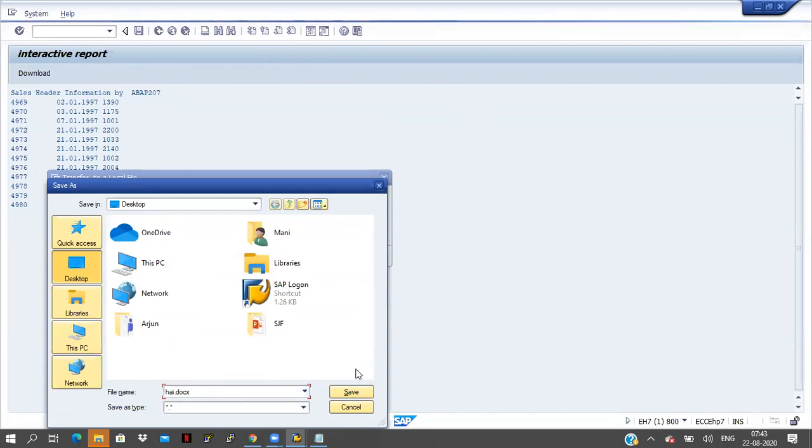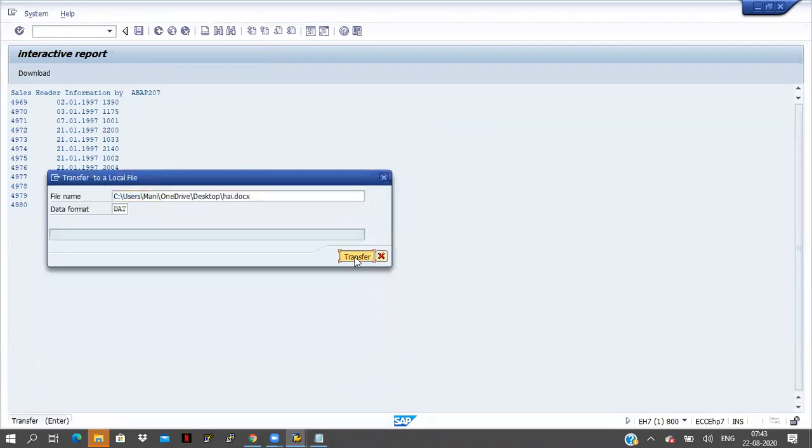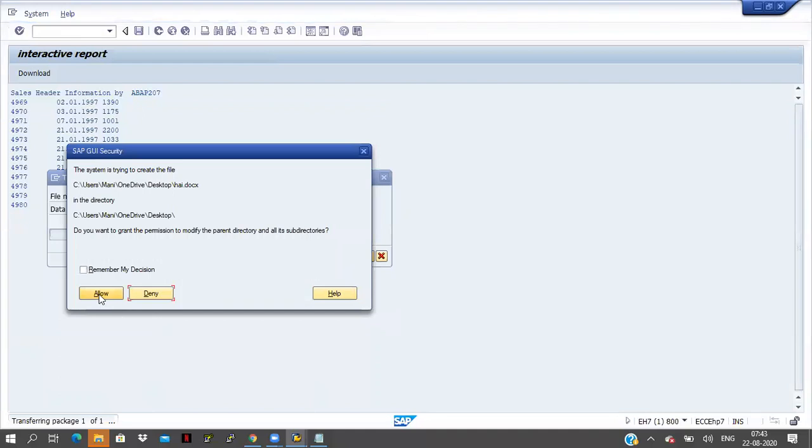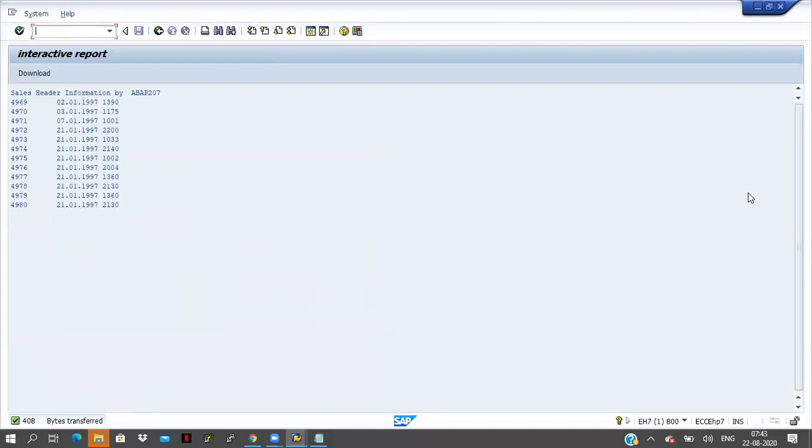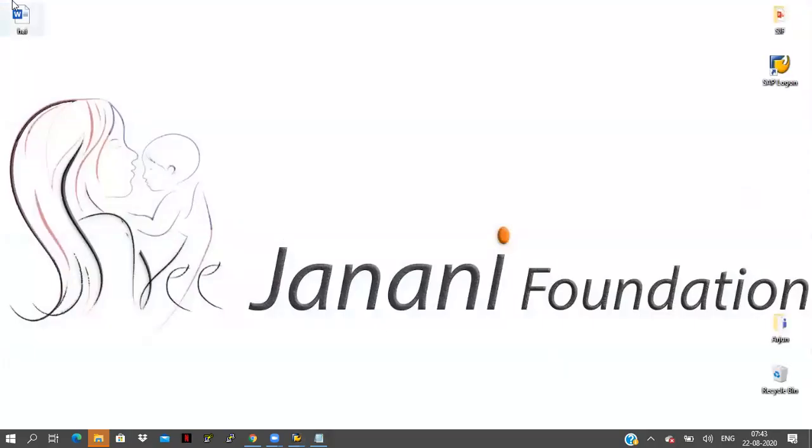Okay, let me check this one. I.docx. Click on save button. Click on transfer. Click on allow. If you see here, a Word file is coming here. Whatever extension you give there, it will convert like that.